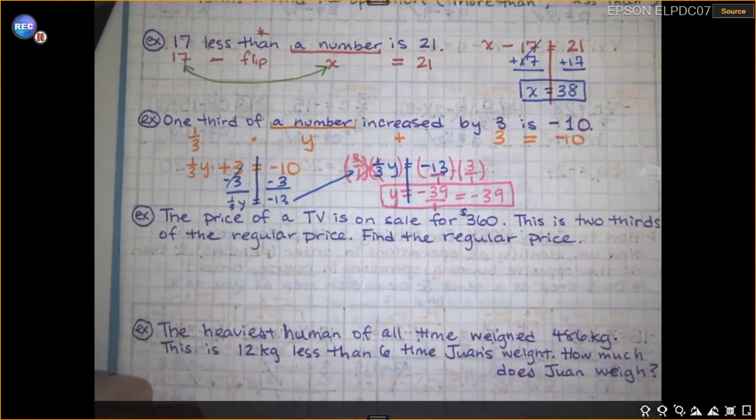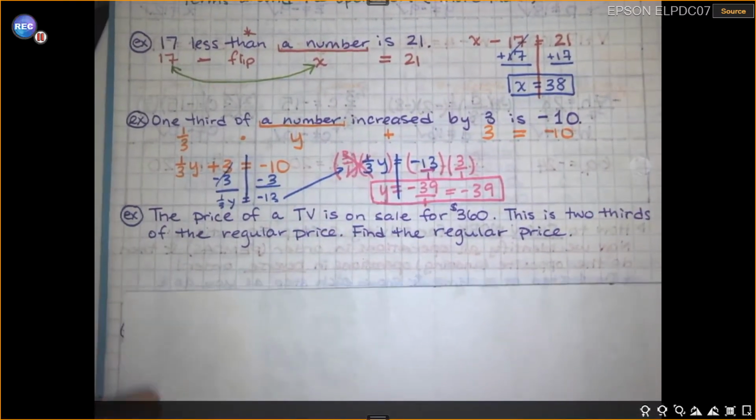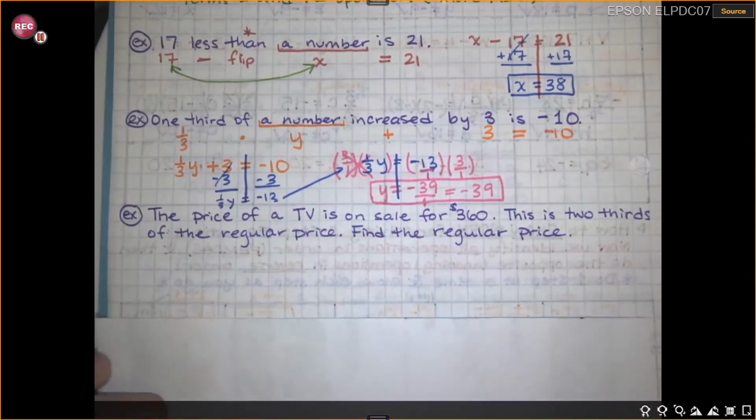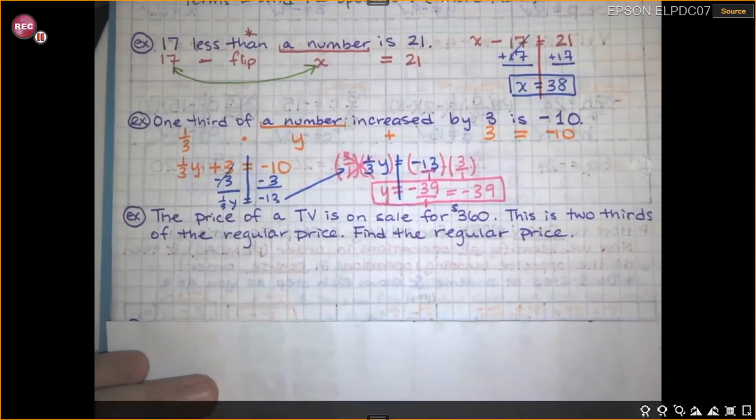Okay, so now what we're doing is getting into an actual scenario. So the other ones I just call generic sentences. It's just a description of an equation. But here we have an actual scenario. So it's a little bit more difficult. It says here